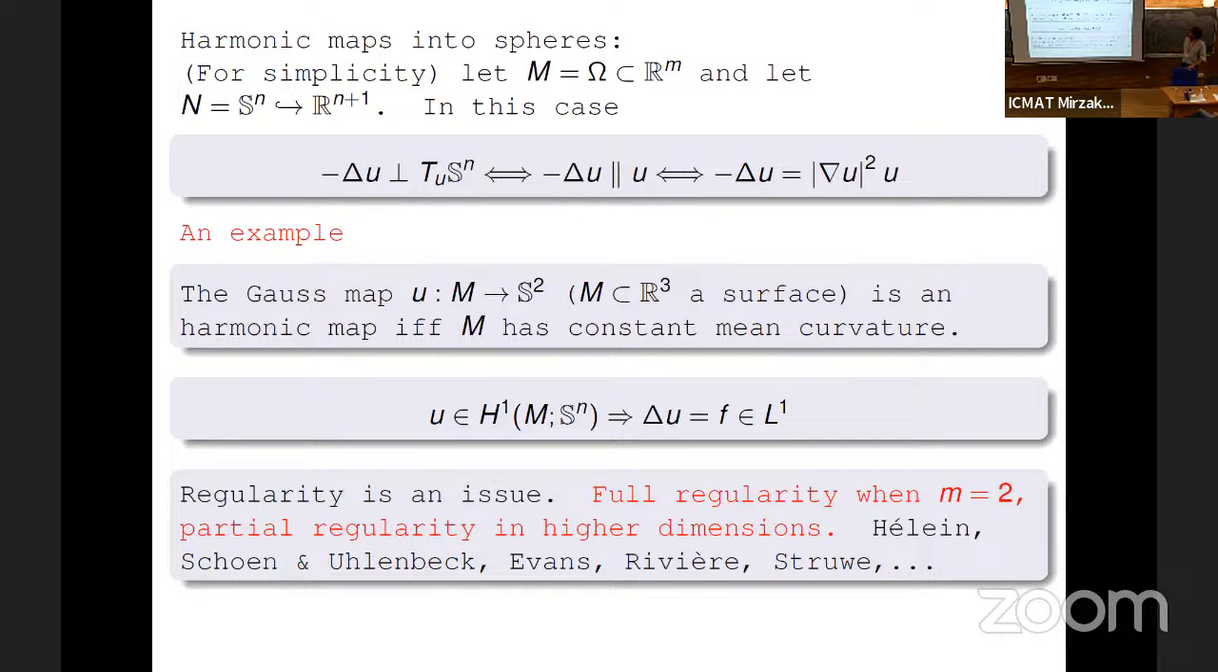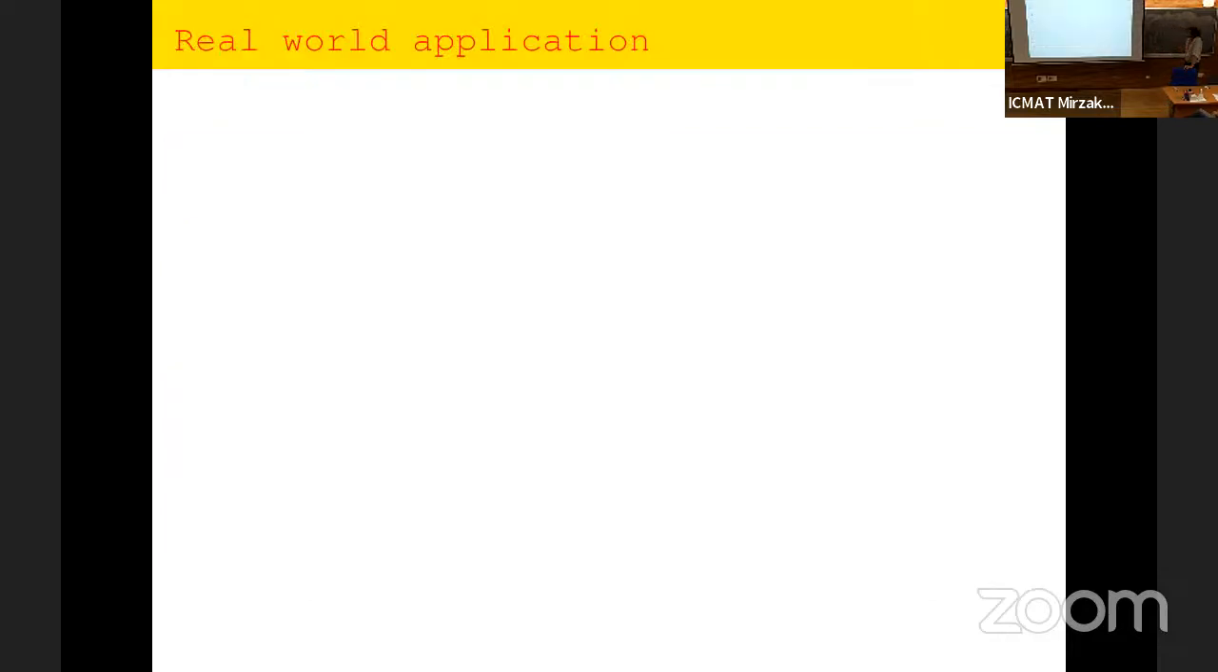For instance, the Gauss map, the map that, given an oriented manifold, gives the normal as the point, is a harmonic map when the manifold M has constant mean curvature. So these objects are quite studied in geometry as well. Okay, so let us go to